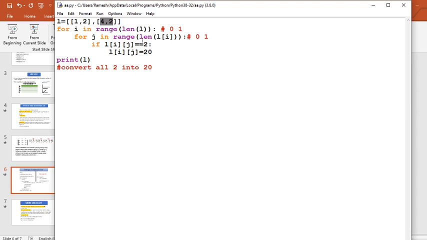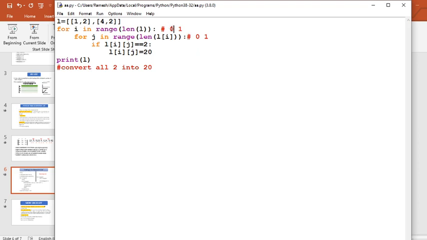Again in the J loop we are calculating the len of L of I. Initially I will be 0, so we are calculating the length of L of 0. L of 0 means this whole part, which again contains two values. So this length will again be 2 and it will again take the values 0 and 1.